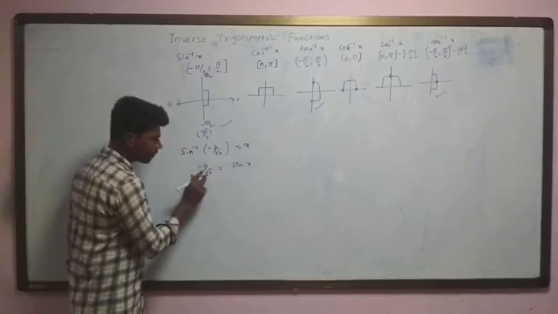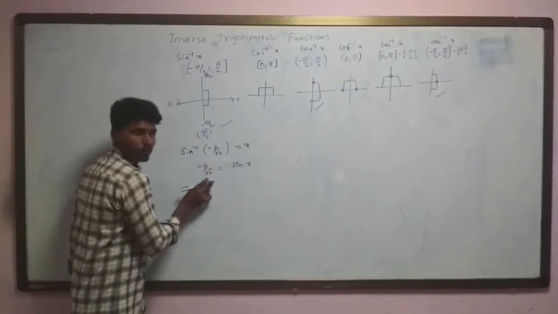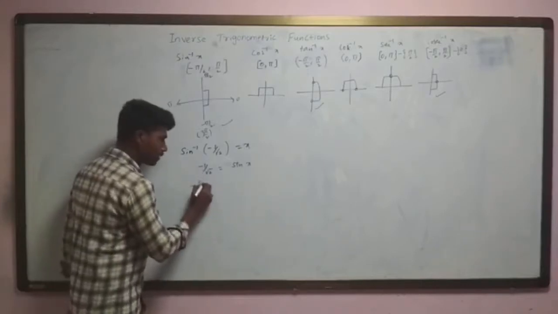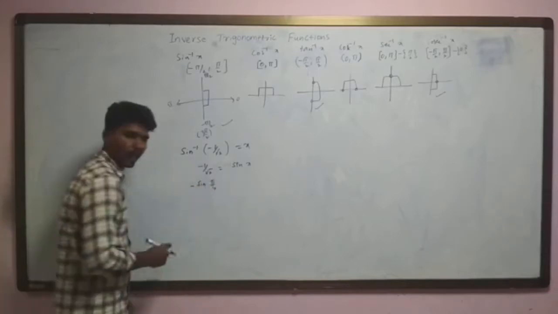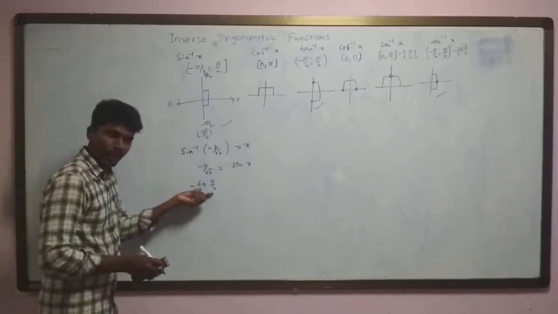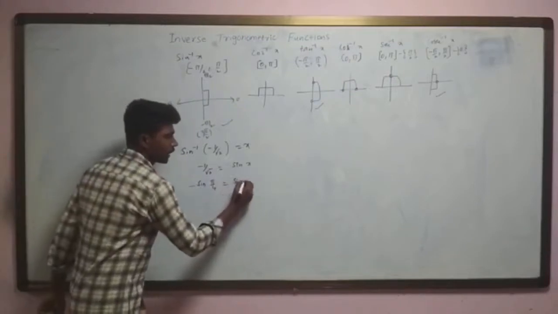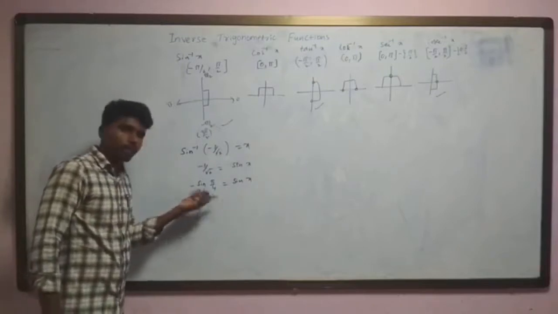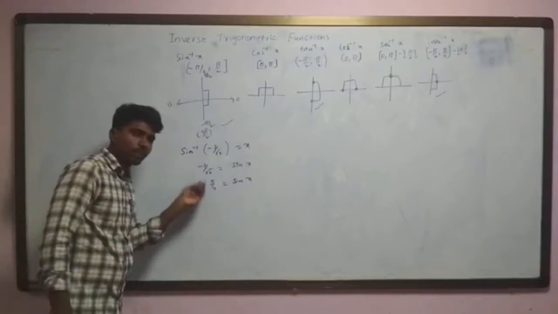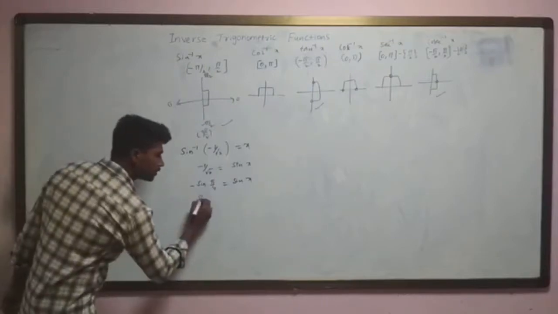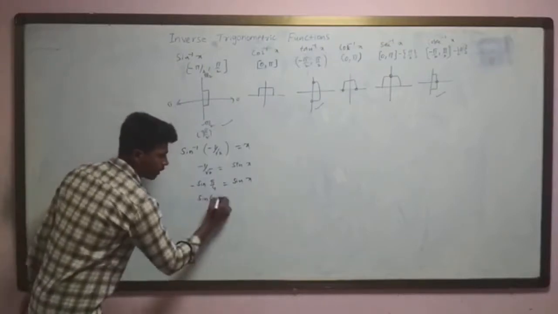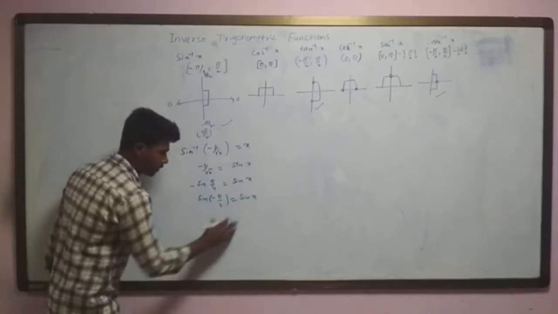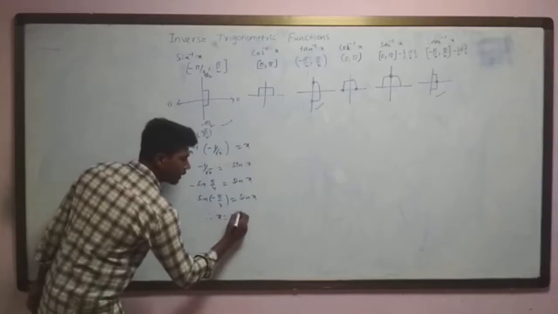Next, for what value of sin do we get minus 1 by root 2? For 1 by root 2, I get sin pi by 4, which is equal to sin x. I have a minus here. Sin is negative in the third and fourth quadrants, and since x cannot belong to the third quadrant, I have to consider the fourth quadrant, which can be written as sin of minus theta, nothing but sin of minus pi by 4 is equal to sin x. Therefore, x is equal to minus pi by 4.